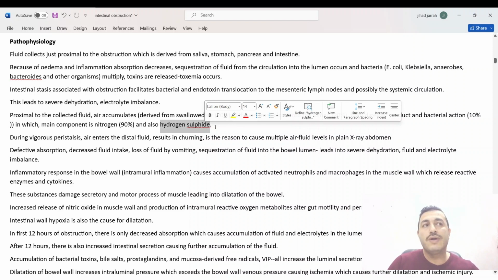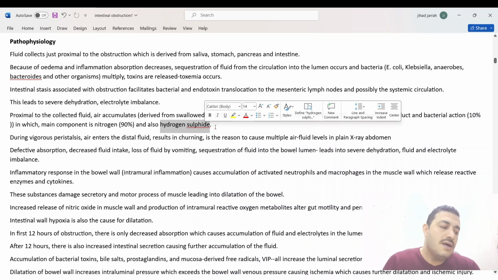aperistaltic period, or loss of the contractility of the bowel. And so this ultimately will lead to dilatation. This dilatation can be, as we said, due to the increased intraluminal pressure. Also, some theories about the role of nitric oxide in the dilatation of the bowel wall and the permeability of the bowel wall. This dilatation, if it continues and is not treated, will lead to